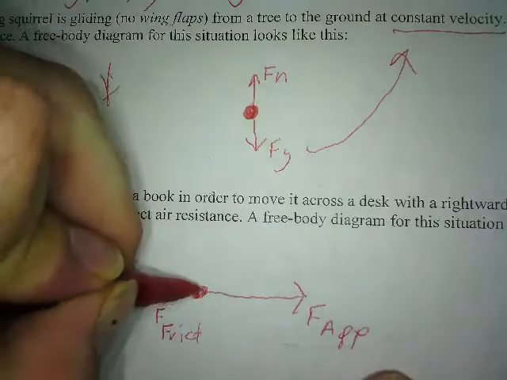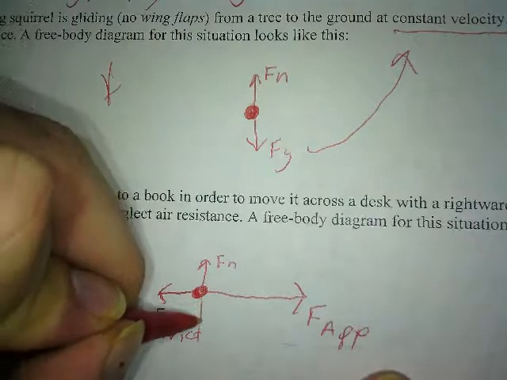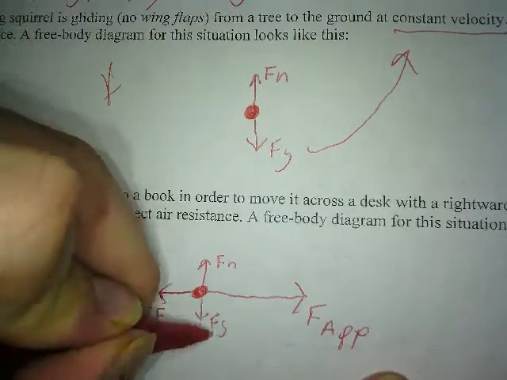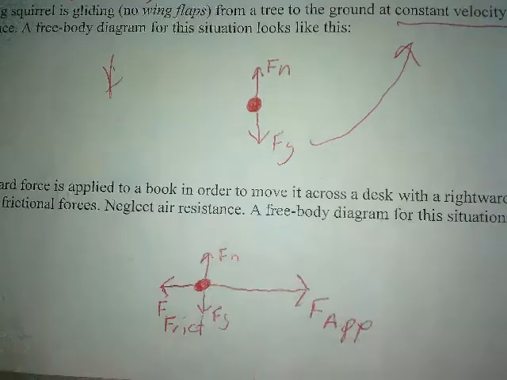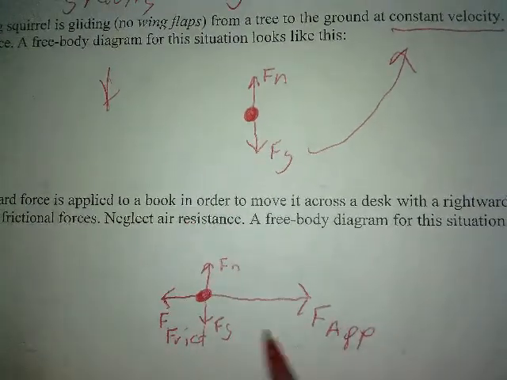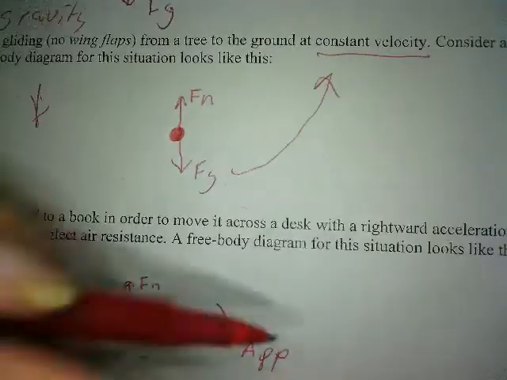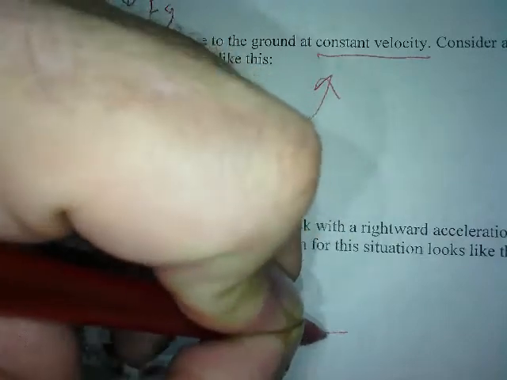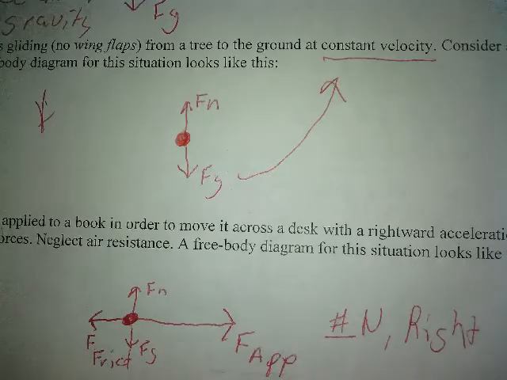We could put the normal force in and the force of gravity in, but they're just going to cancel each other out and won't really matter. But remember, it's accelerating rightward, so our net force will actually be just a number of newtons right, if we had numbers next to it to figure it out. Okay, so that's